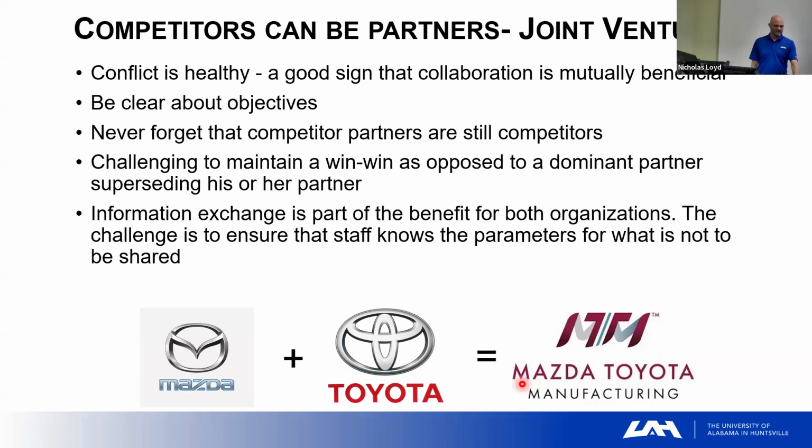And they were able to go to Mazda and say, hey, what you can benefit from us is, Mazda hasn't traditionally done a lot in the North American market in terms of manufacturing. They had zero supply chain base in the US, and Toyota has a very strong established one. So they were like, you can leverage our supply chain, our supply network, and we'll leverage your technology. Let's get married and move to Alabama. So they did a joint venture.